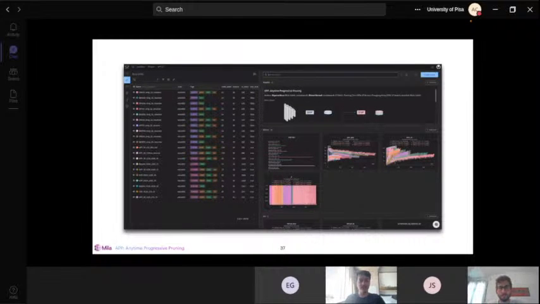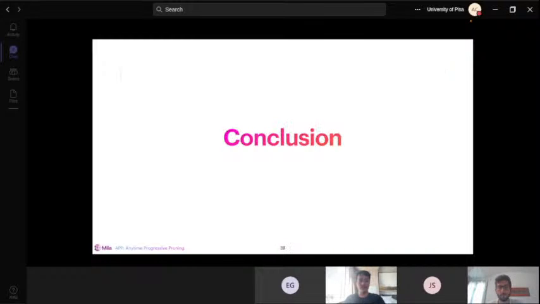Just a snapshot of our dashboard. If you go in here, you'll ideally see this. It's pretty easy to navigate. We have labeled all of our runs, so feel free to ask any questions later on. Send me an email or something if you have any difficulty finding a particular run from this dashboard.